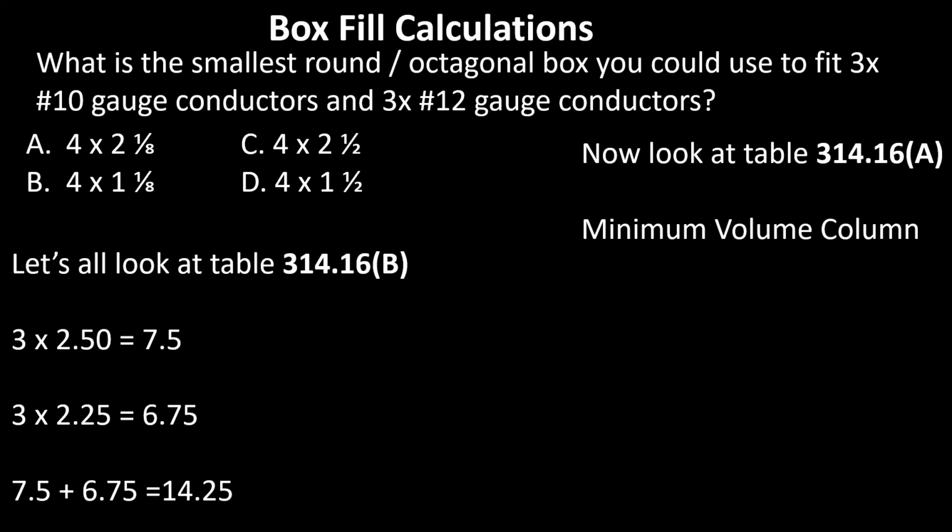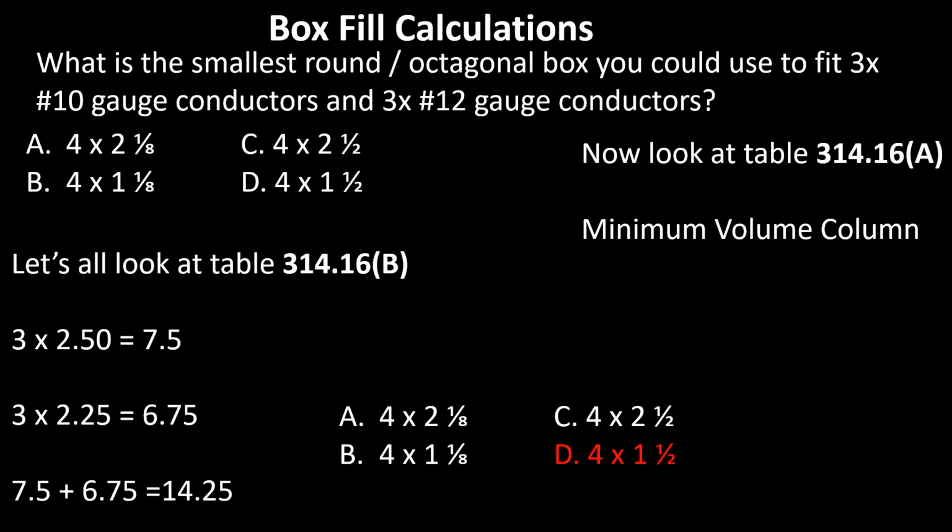And what we're going to do is look in that little skinny column right in the center, the minimum volume column. We need to make sure that we're in the right box selection, where the round octagonal boxes are the first 3. So I come over to the inches cubed column, slide down, and find one that's big enough to fit 14.25 in it. It looks like the second one. So when I go back over and find my box trade size, I find that it is 4 by